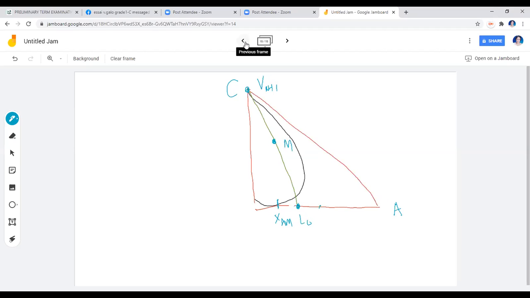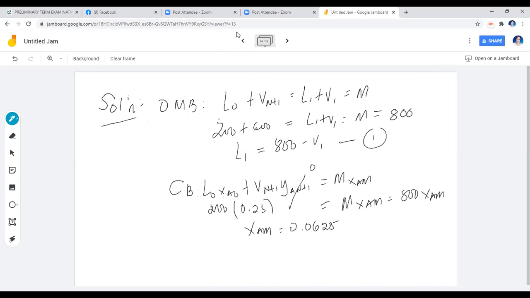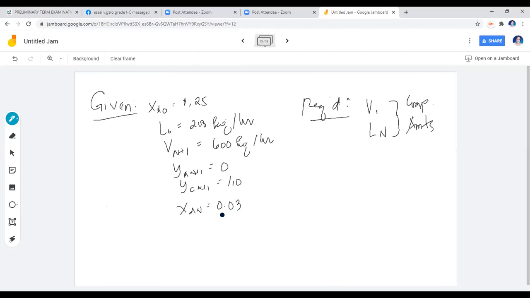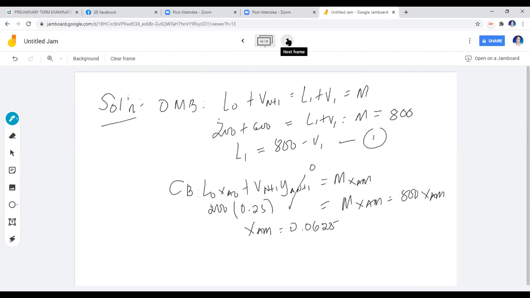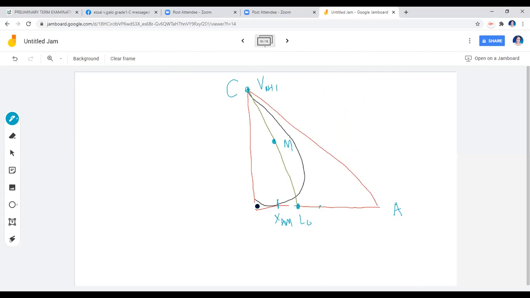Now, the next thing that you do is you find the given information about the raffinate. So the raffinate is 3% acetic acid. So you look for that 3% acetic acid. It's somewhere here, right? But you're not going to place it on the x-axis. You're going to place it right on the bottom part of the phase envelope. If you recall my discussion on where you're going to place the raffinate and the extract points in the phase envelope, the raffinate is below the phase envelope. The extract is here.